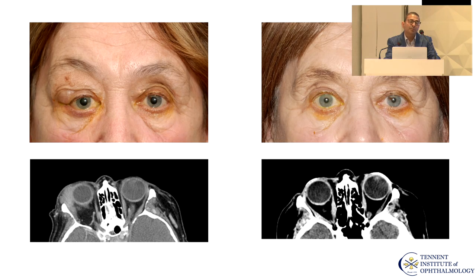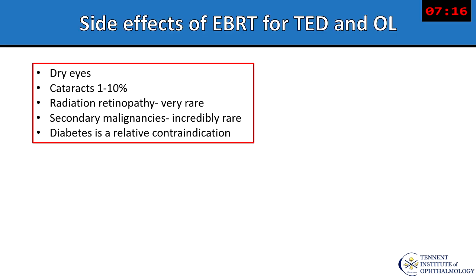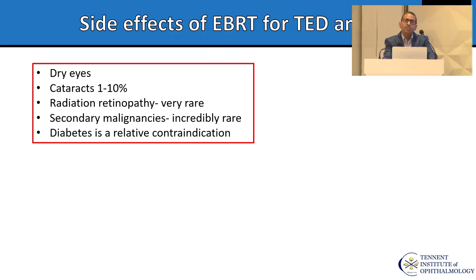This is a typical MALT lymphoma of the orbit, and you can see that in general, we get a really good clinical and radiological response with orbital radiotherapy. In the doses that we use orbital radiotherapy for thyroid eye disease and orbital lymphoma, it's generally very well tolerated. Dry eye seems to be the most common complaint. Radiation retinopathy is very rare, even though we would still have some caution in terms of using it in diabetic patients. Cataract is, of course, the most significant complication, but in general dealt with very well.